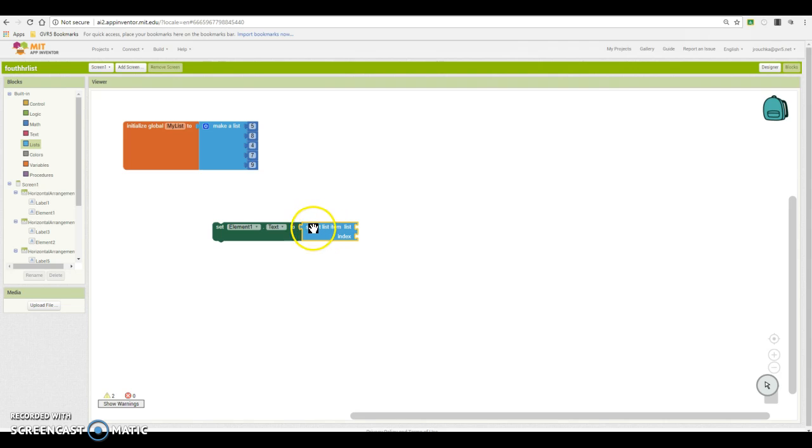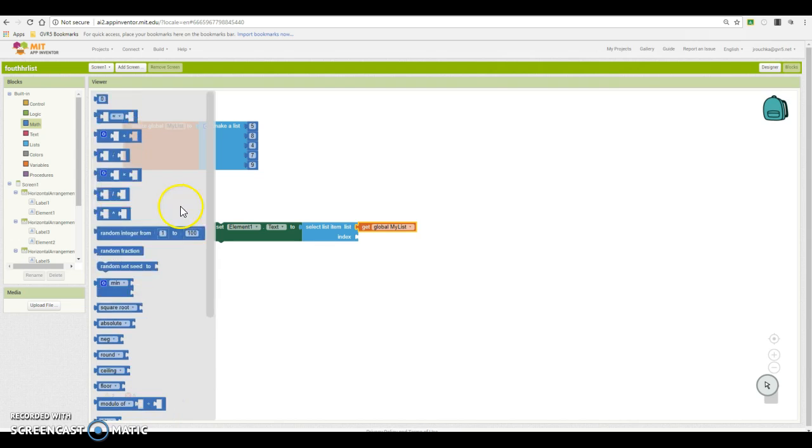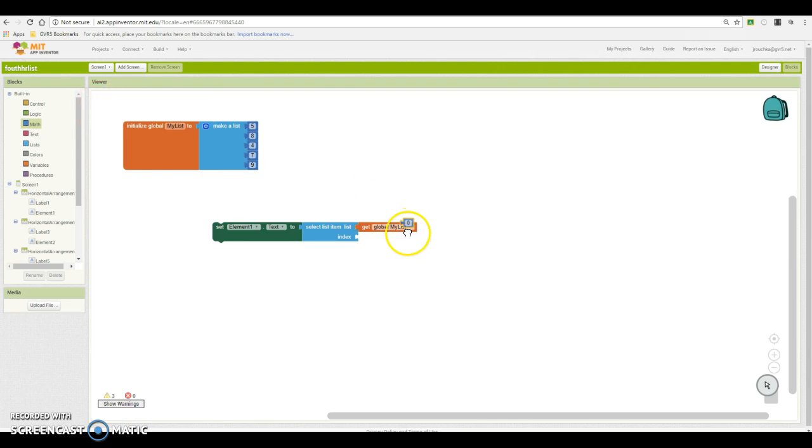What it's saying is that it's going to look in the list that we give it. So the list we're going to give it is my list. So now we're saying look into the list of my list, and then it's going to say which spot do I want to look at. So since I'm dealing with element 1, I'm going to tell it to look at spot number 1. Then as I duplicate this,